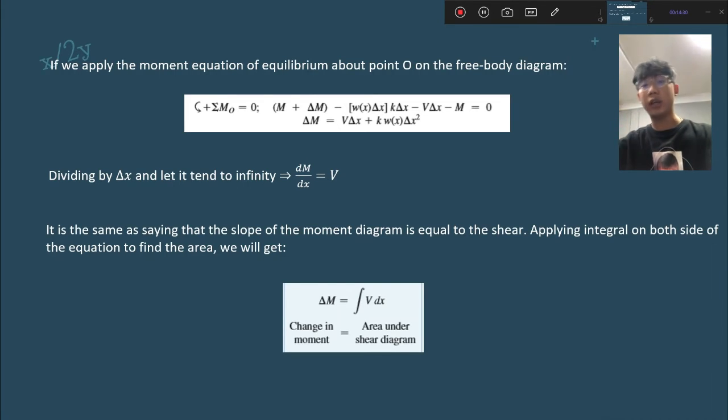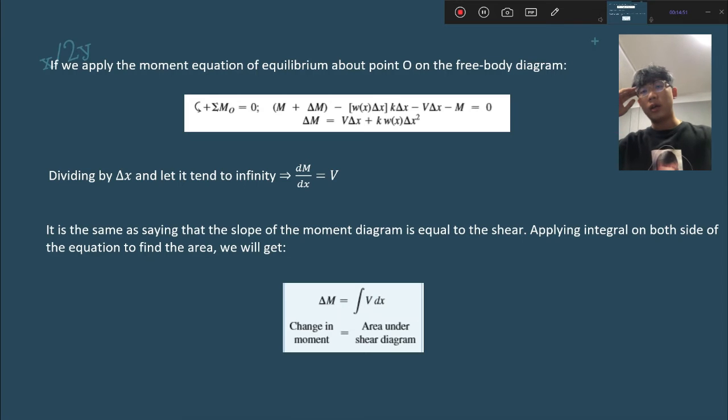So applying the same thing later on, dividing both sides by delta x and taking the limit where delta x tends to zero, we get dM over dx is equal to V. It's also the same as saying that the slope, the first derivative of M, the slope of the moment diagram, is equal to V, the shear